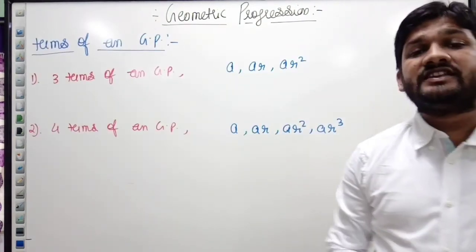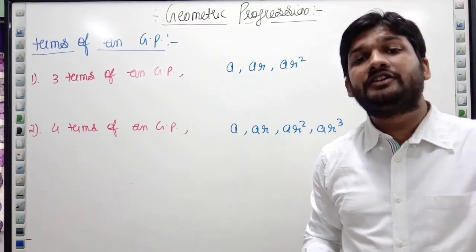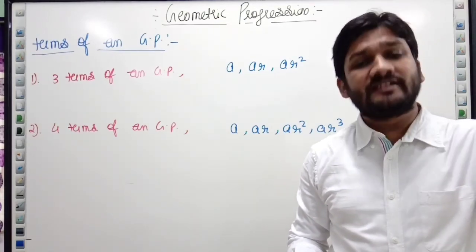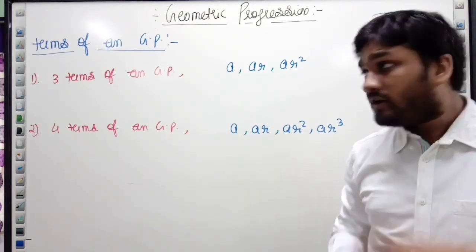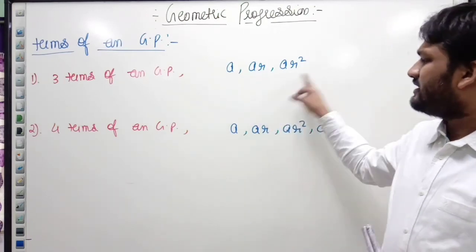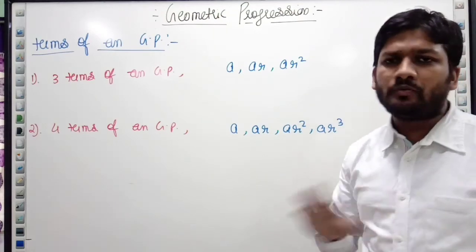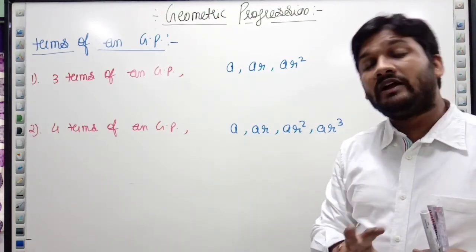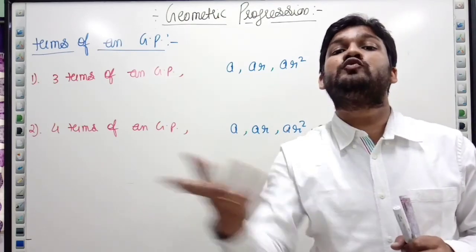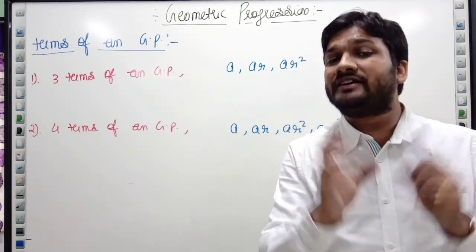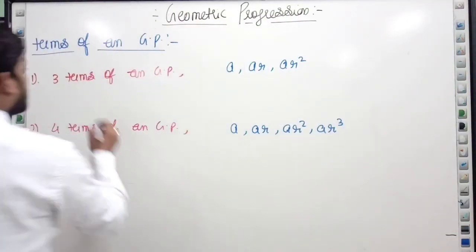Remember this. Now next, we have terms of a GP. Sometimes we have a question like find 3 terms of a GP whose product is this, or find 4 terms of a GP. Whenever 3 terms or 4 terms are given, we can generally take the first 3 terms or first 4 terms of the GP, no problem. But when the product of the terms is given, such as 3 terms of a GP whose product is 216, then it is easier to take, I am saying easier, not compulsory.